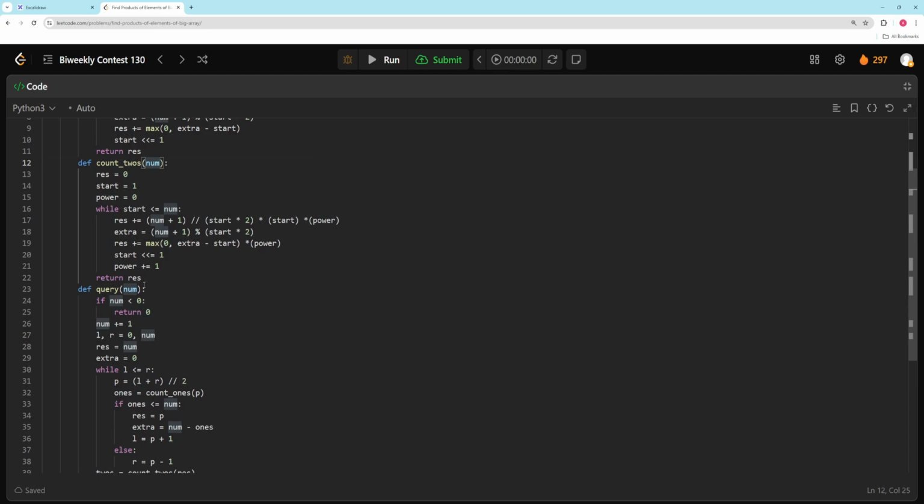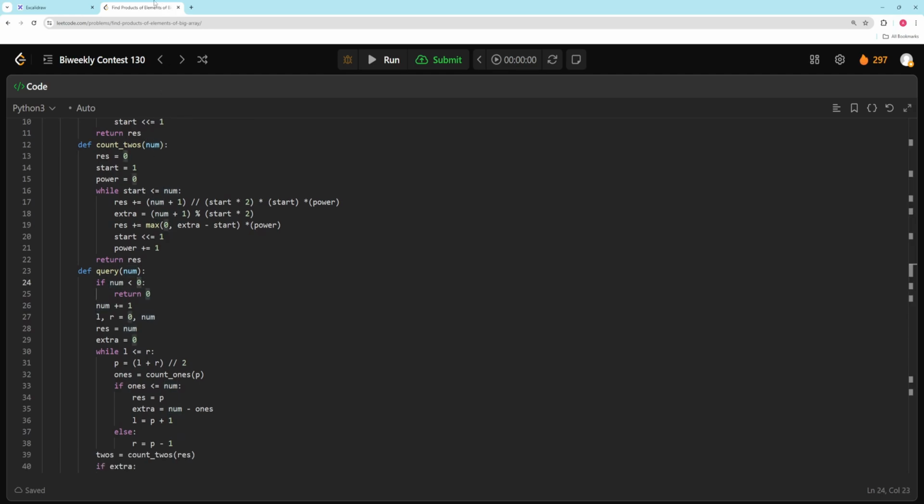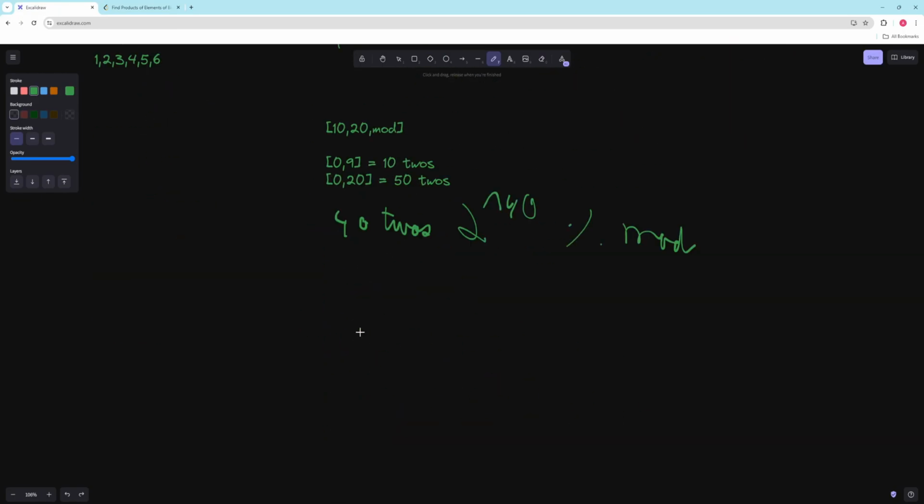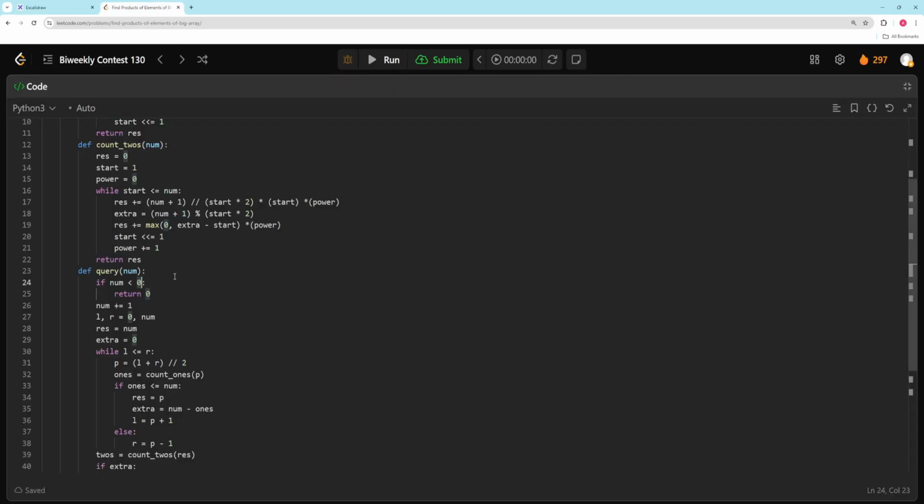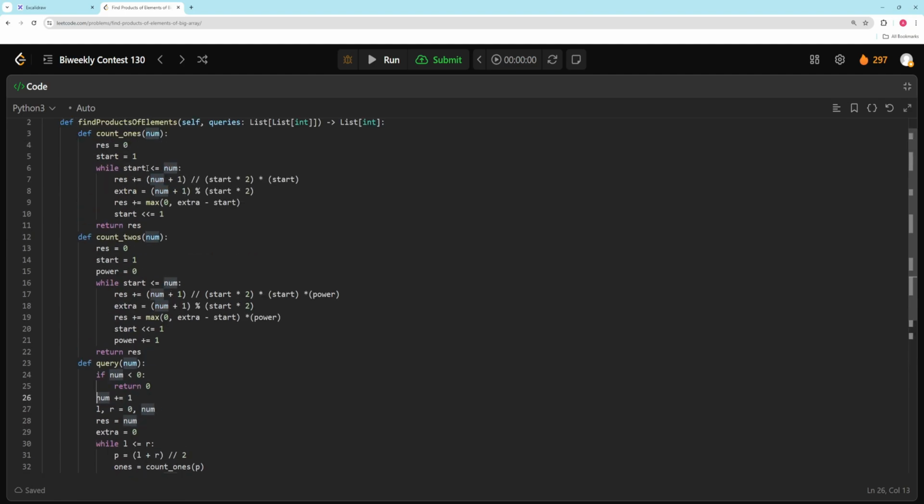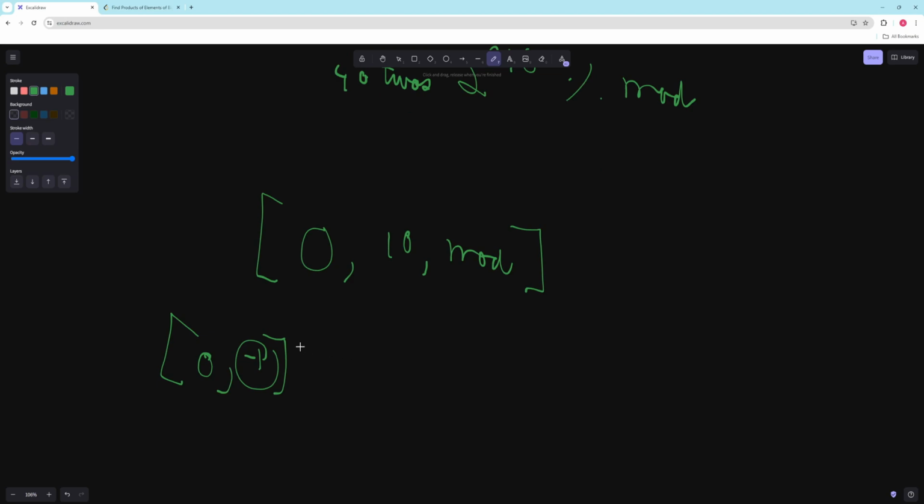Then we have a query function. There are some cases where I just didn't bother checking, where if your query is like 0 to 10 with a mod, I didn't want to do, basically what I would do here is this would be like 0 to -1, and I just said I don't want that. So if this is -1 or something, then just return 0. And so here, same kind of thing. I add 1 to the number because, basically, if I'm looking for,